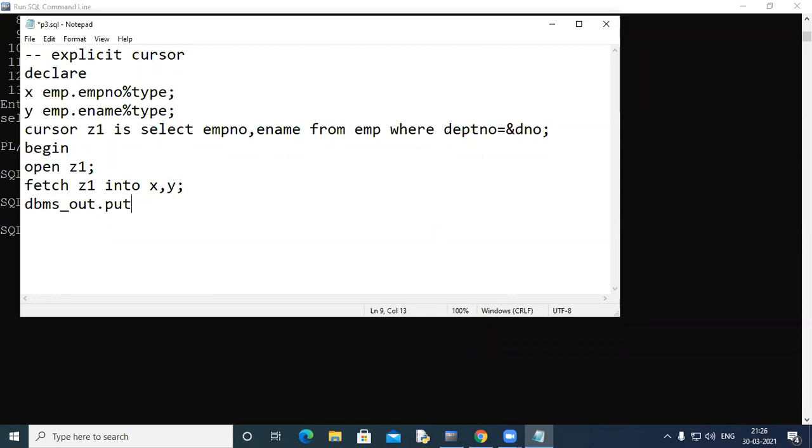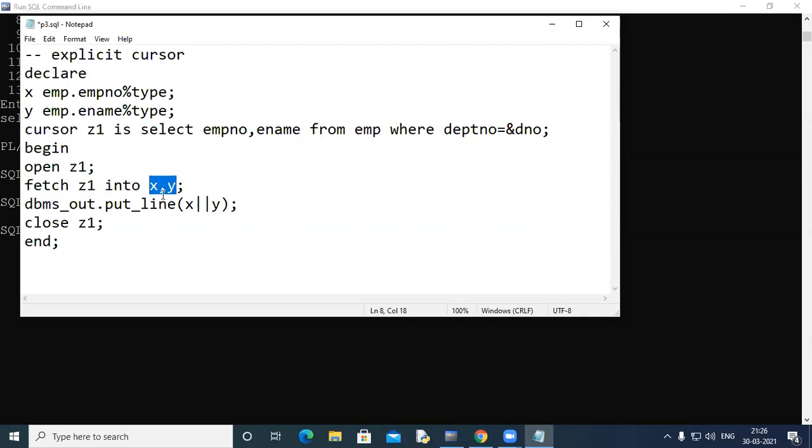and if I try to print something, you must tell me whether this will work or not. If I print these two values, X and Y, and I write an end here, before that, if I close the cursor here, is everything right with this code? Let's see. We have declared a cursor, this is the cursor declaration. We have opened the cursor. We have used the fetch statement. How is fetch used? Fetch followed by the cursor name, then the keyword into, and then the list of variables.